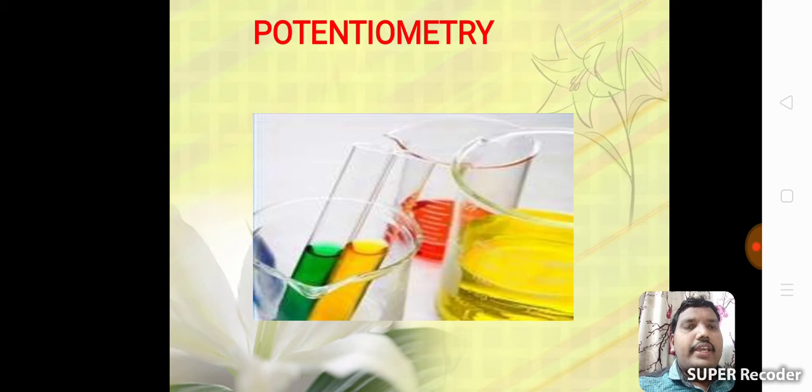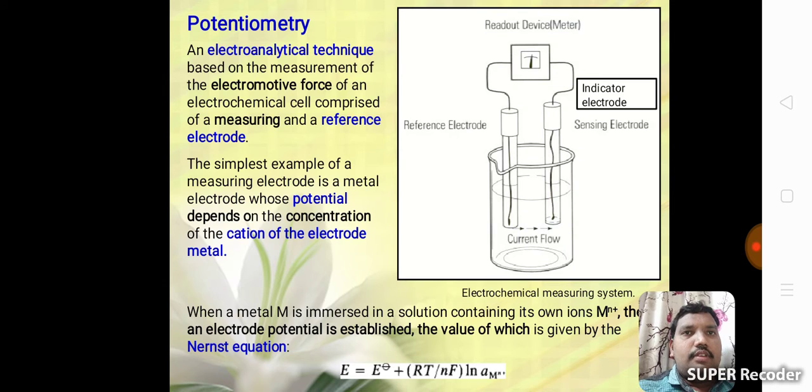Today, our topic is potentiometry. Potentiometry means it is an electroanalytical technique based on the measurement of the electromotive force of an electrochemical cell